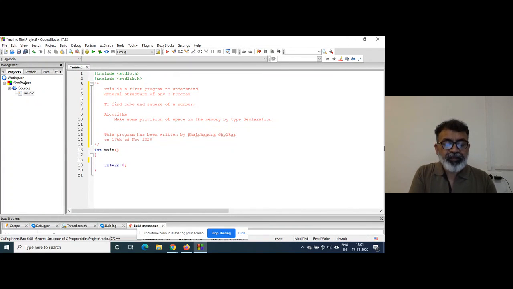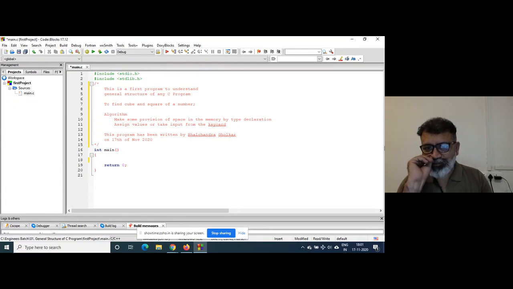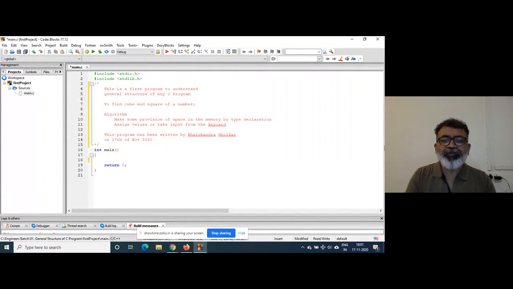Right. Then assign values or take input from the keyboard. There might be a possibility that you assign values or take key input from the keyboard. Right. Then